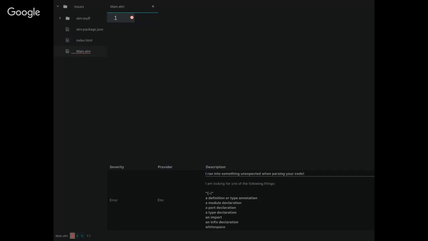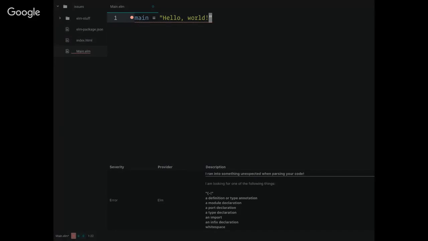Okay, so this is that main.elm file. It's just blank, and you can see that I'm already getting a warning. Elm can't find anything in here. It's looking for an entry point. Elm is kind of like C, where you need a main function to start the program. You need it to kick off something. So it's looking for something to work with. So we're just going to give it something, and we're going to tell main to return hello world.